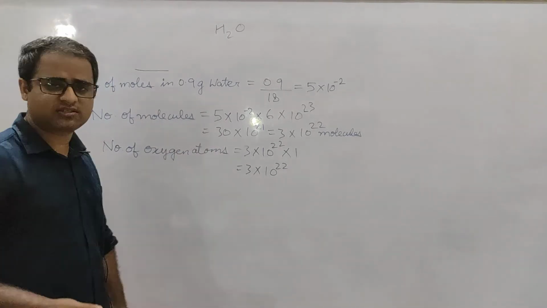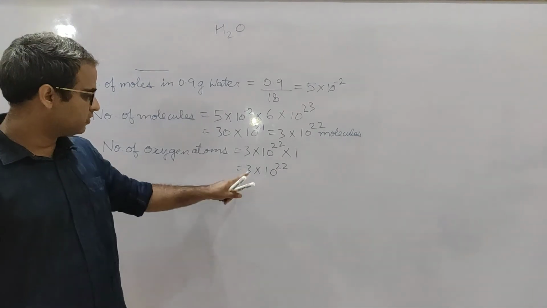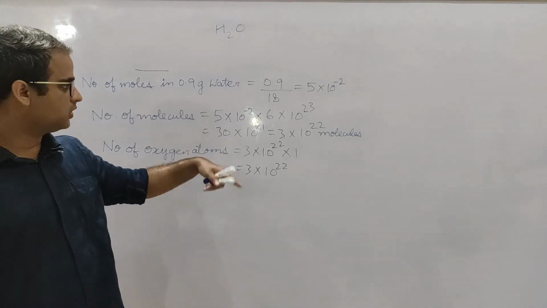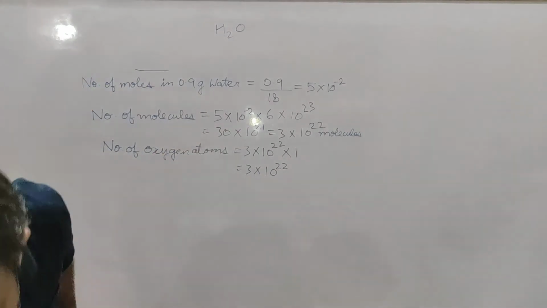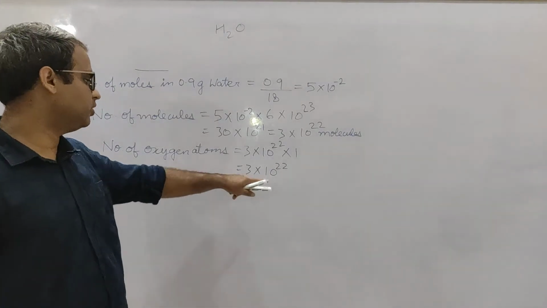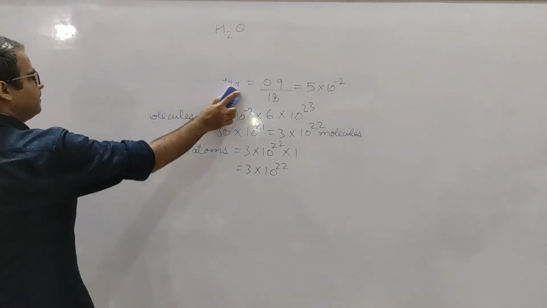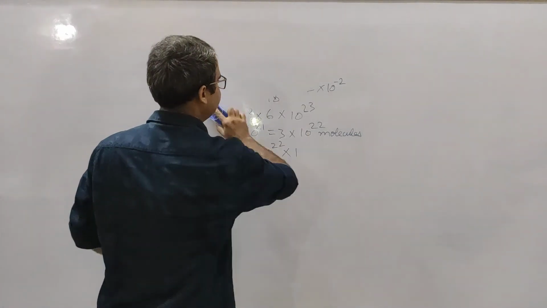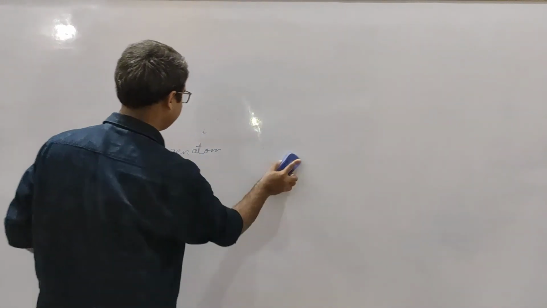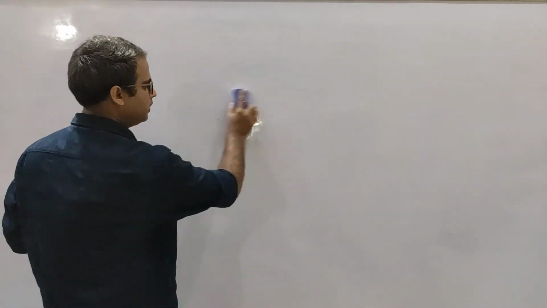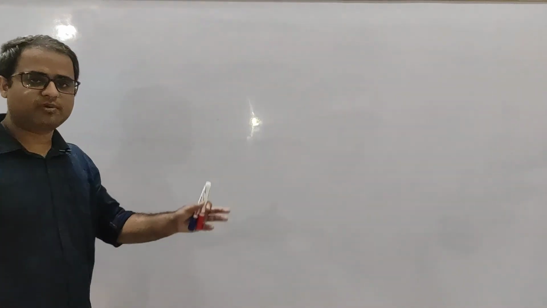Okay, so only the last question remaining. So this will be the correct option for you. This question which we are discussing, for the fifth question your answer will be 3 into 10 to the power 20. If you take 6.023 into 10 to the power 23, in your option it will be given as 3.01 into 10 to the power 20. That will be correct.